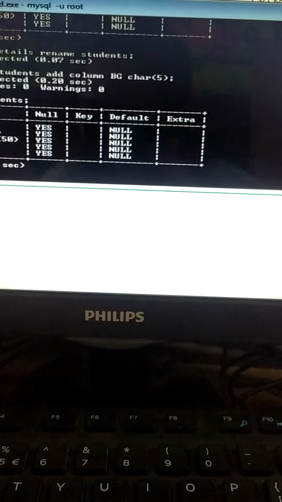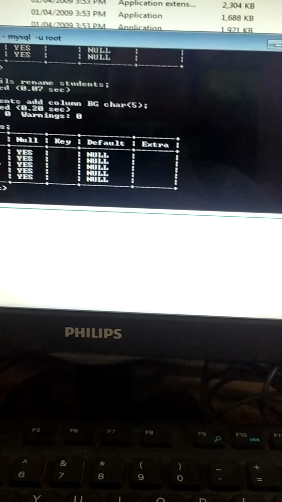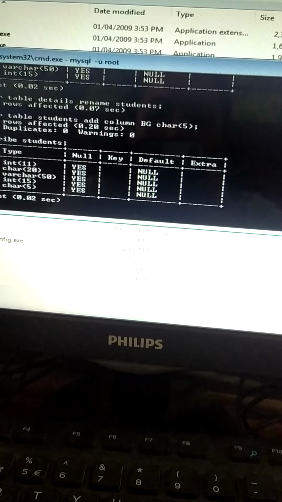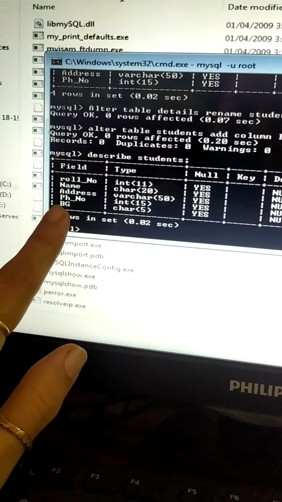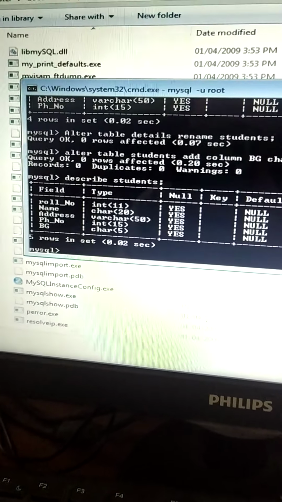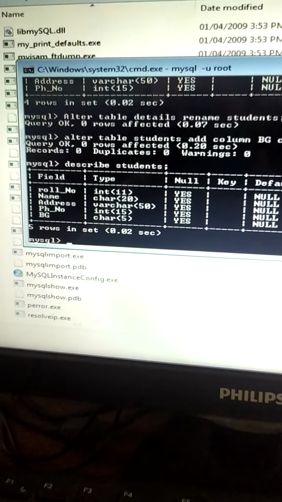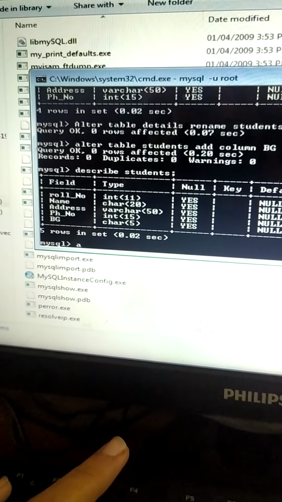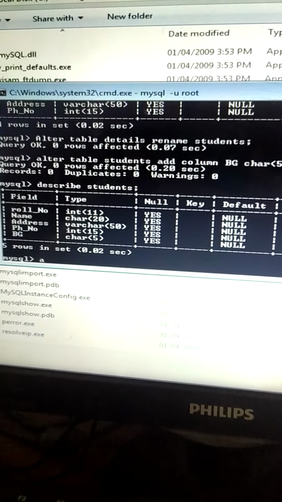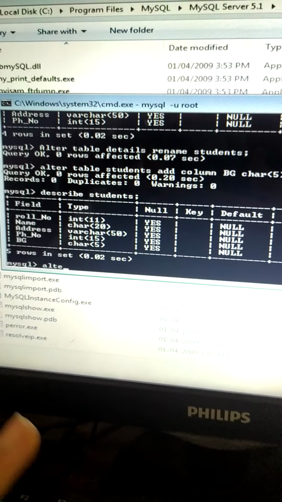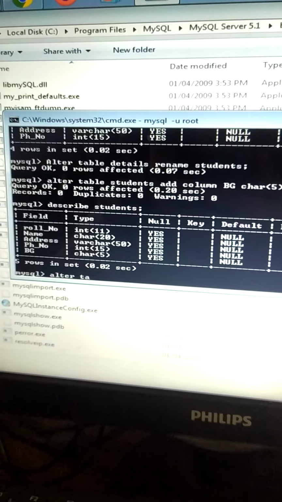Now, how to delete a field? If suppose I want to delete again this blood group, I want to delete this blood group from this table. So, which command we will use? We want to make changes in the table, now already existing table. So, we'll use alter table.